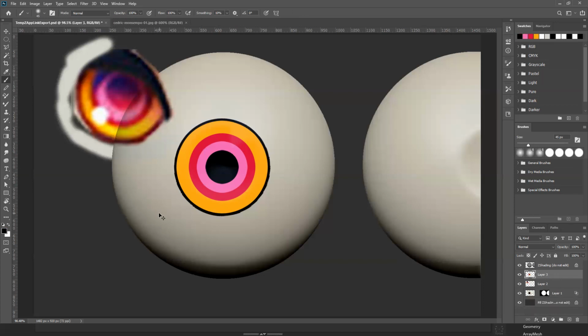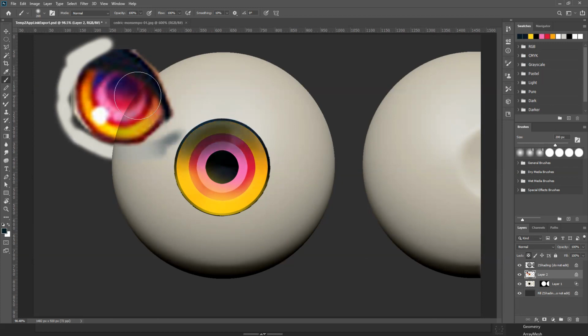It's easy. So I'll just merge all this, and this highlight I don't want to add. I just want to make it a little lighter in tone. Lock the layer. And for ZBrush models, we need to add slightly shadow and all.